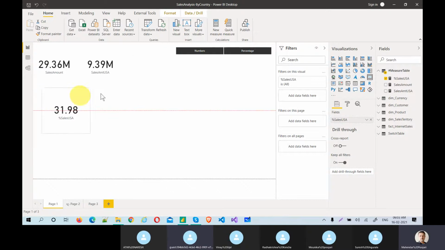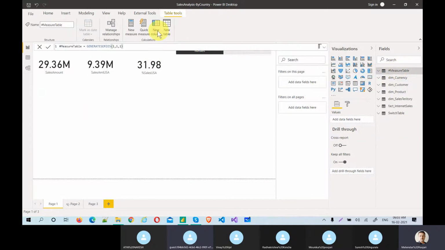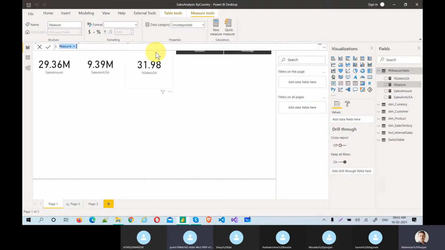Otherwise you just keep it here. Yeah, so this is the one, and we want total sales amount percentage also. This is a little tricky, just be focused. I'm clicking on the new measure. This new measure is actually a percentage of total sales amount.